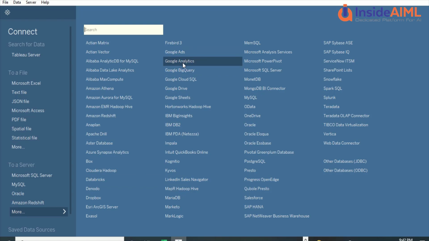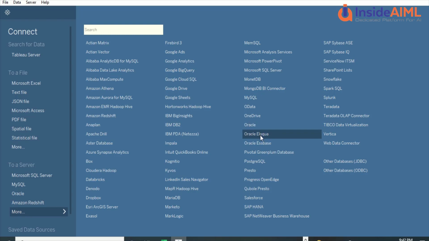You have Google Ads, Google Analytics, BigQuery, Google Cloud, Google Drive, Google Sheets, Hortonworks, IBM DB2, IBM Impala, just so many: MariaDB, MarkLogic, MemSQL, Microsoft PowerPoint, Microsoft SQL Server, MongoDB, MySQL, OData, OneDrive you can connect with.